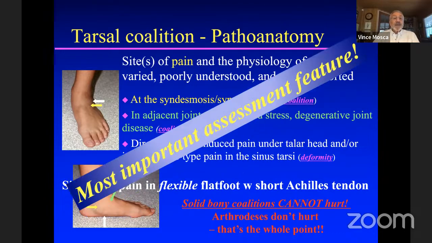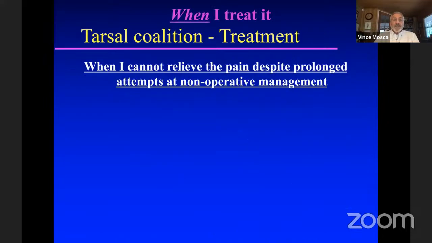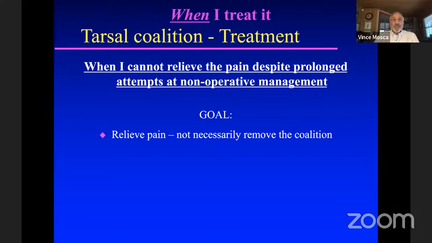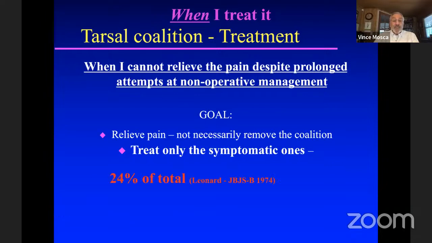And this aspect of evaluation of a child or adolescent with a rigid flat foot and tarsal coalition is probably one of the most important assessment features. Where's the pain? So when do I treat tarsal coalitions? Well, I treat them when I cannot relieve the activity-related pain after all efforts to relieve the pain. Because the goal is to relieve the pain, not necessarily to remove the coalition. So we treat only the symptomatic ones, non-operatively and maybe operatively, but we only treat the symptomatic ones